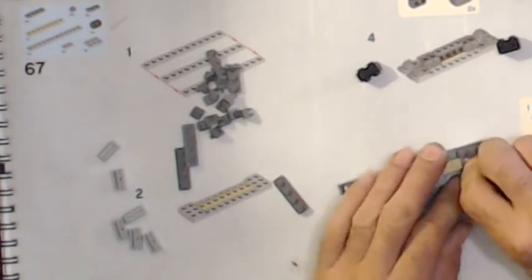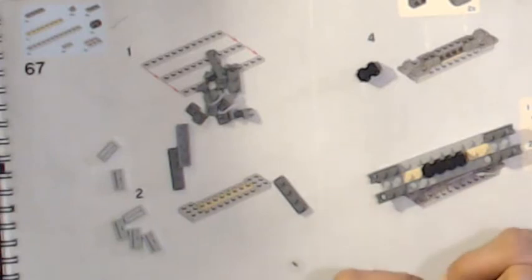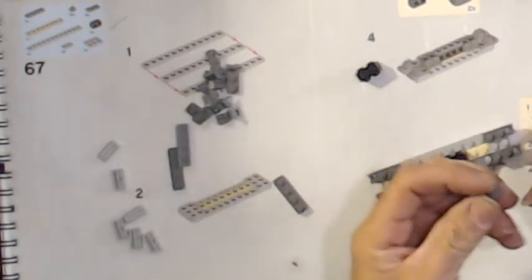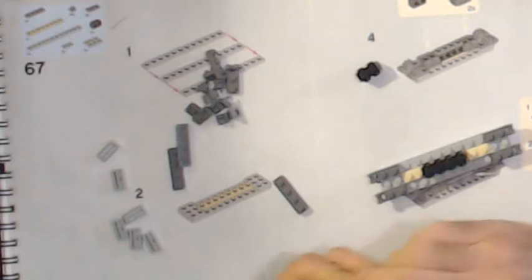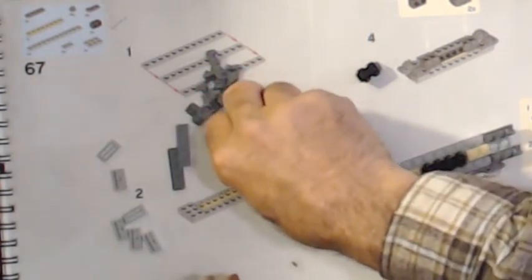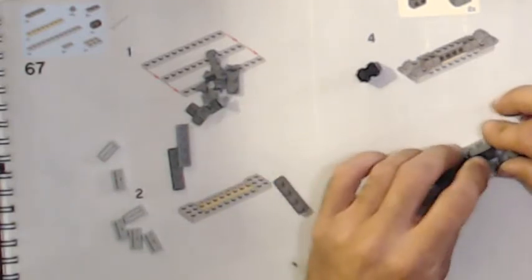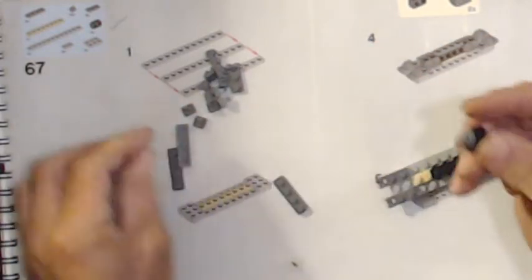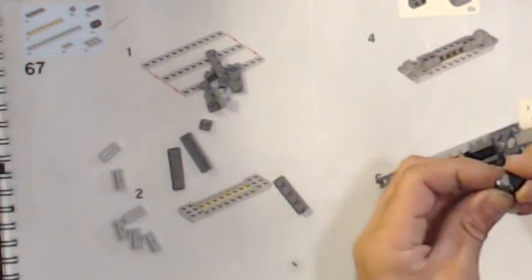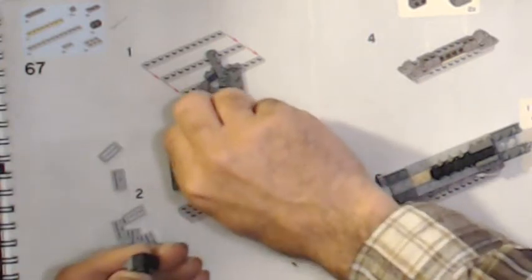A little bit of that. And then there's a lot of these. I'm a ton of them. Let's stick onto the side of these. That's this. And that goes in there. Oh, my goodness. They look like teeth. Well, they might be teeth in other models, but